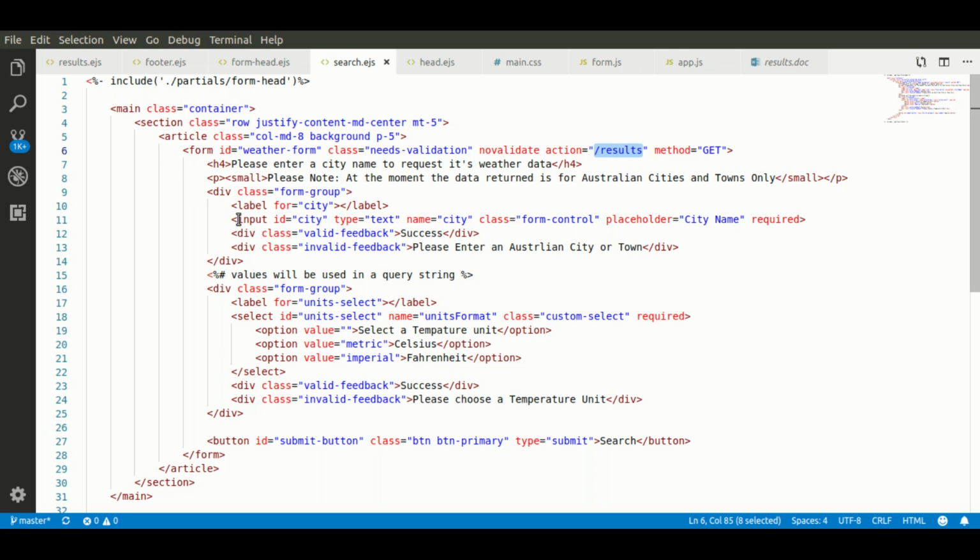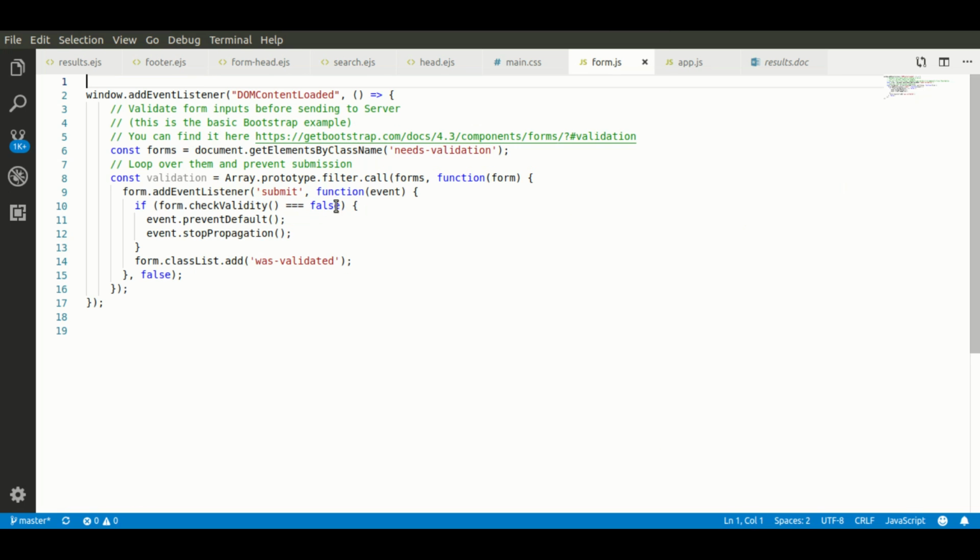So we've got a few inputs. We've got one for the city or town, and we've also got another select input here, so we want to select whether it's going to be Celsius or Fahrenheit. For this particular form, we also have JavaScript validation. We've got a form.js file here, which is basically the basic Bootstrap example that is on the Bootstrap website. You can have a look at that